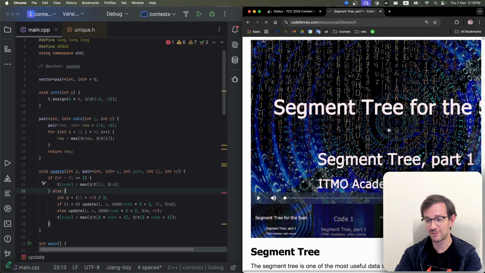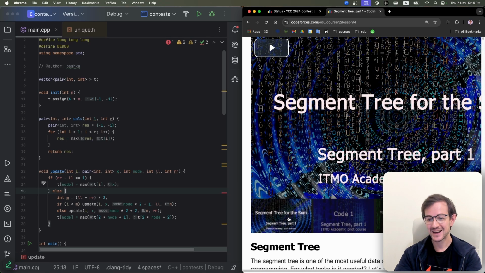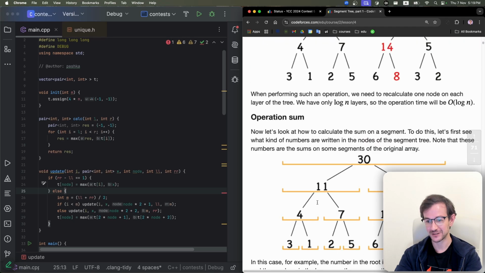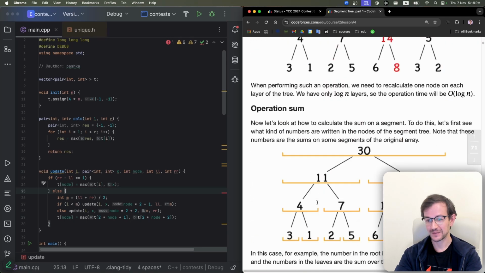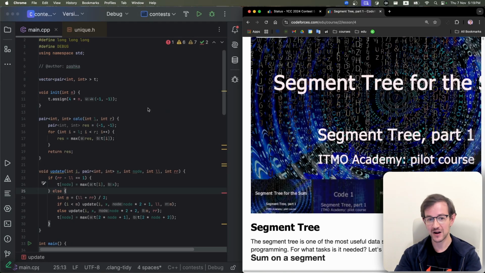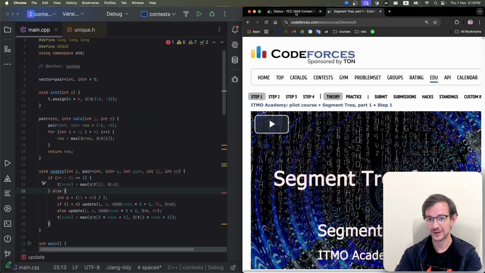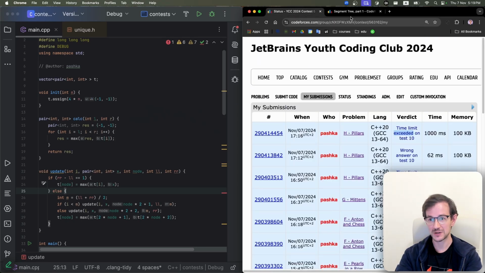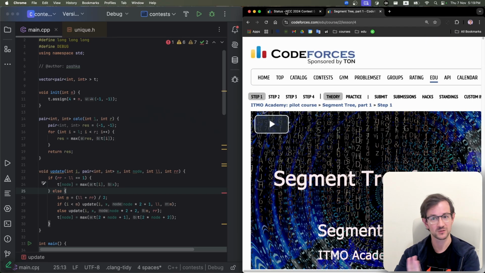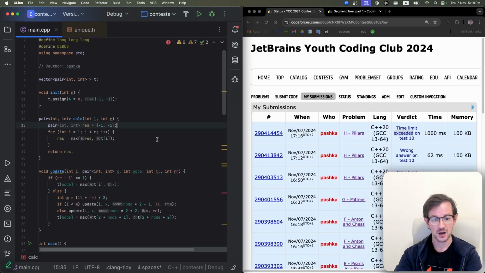I usually recommend my own lectures, but it's actually a pretty nice lecture about segment trees. I actually write the same code in this lecture. So if you don't know how to implement segment trees, just go here. I explain it perfectly. So here, this is how you update elements in segment tree, and here I need to